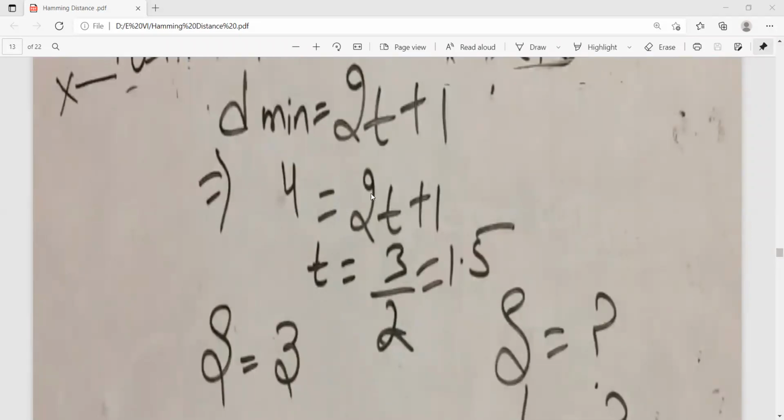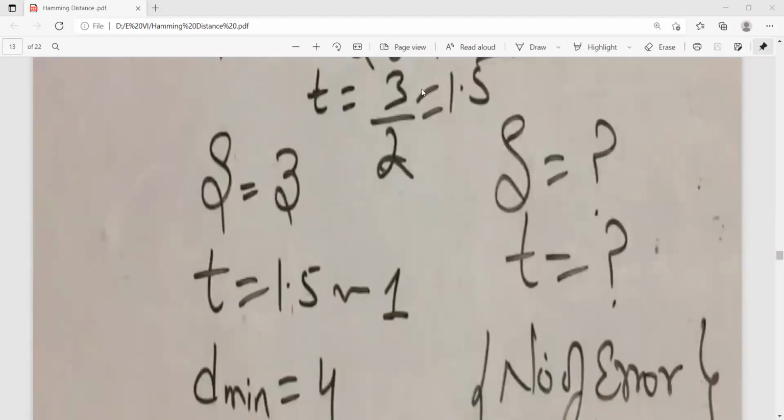Then from the correction point of view, the minimum distance is equal to 2t plus 1. From this, t equals 3 by 2, approximately 1.5. Half bits are not available in binary data.